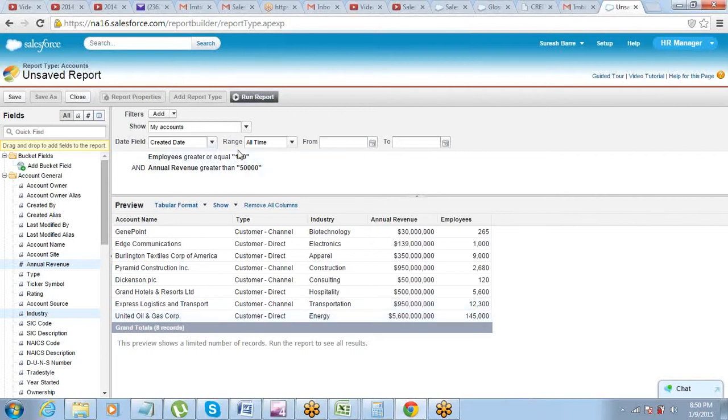Along with these filters, there is another option called filter logic. What is a filter logic? It's a logic between multiple filters. So right now there is an AND logic. So only the records which meet this plus this criteria, those are being displayed here. If you want to put OR logic here instead of AND, so that your logic becomes that even if a record meets one of these criteria, it should be displayed. Now only the records which meet both the criteria are being shown here, right?